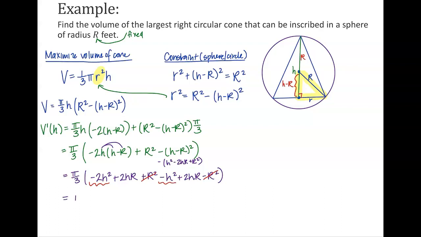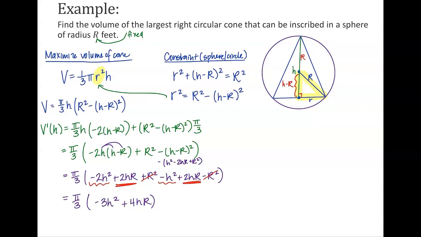So let's leave this pi over 3 in the front. We're going to have -3h squared, and then we also have plus 2hR plus 2hR, which are like terms, for a total of plus 4h capital R. So this is much better in terms of a simplified derivative that we can now attempt to set equal to